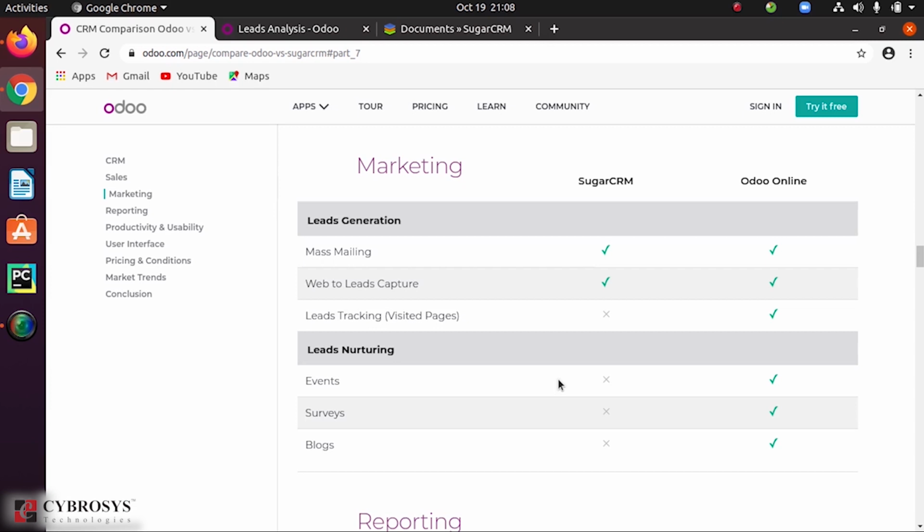If you look at integration, Sugar CRM integrates with certain business systems that are applicable, like HubSpot, Cloud Agent, Campaign Monitor and all. Whereas in the case of Odoo, along with Odoo Studio, it allows developers to create custom applications for specific business requirements and all. It is basically an open source model, meaning third party developers can create their own apps and offer them to other Odoo users also.